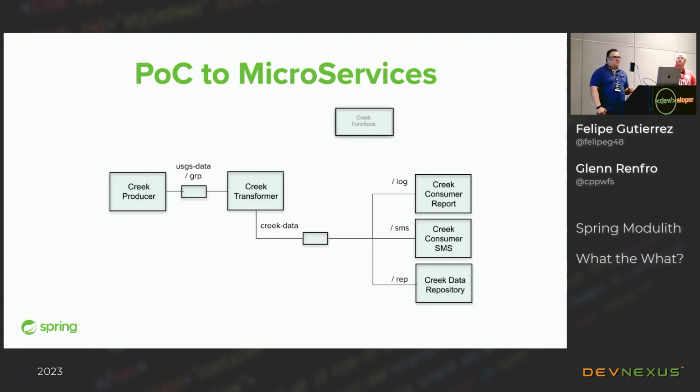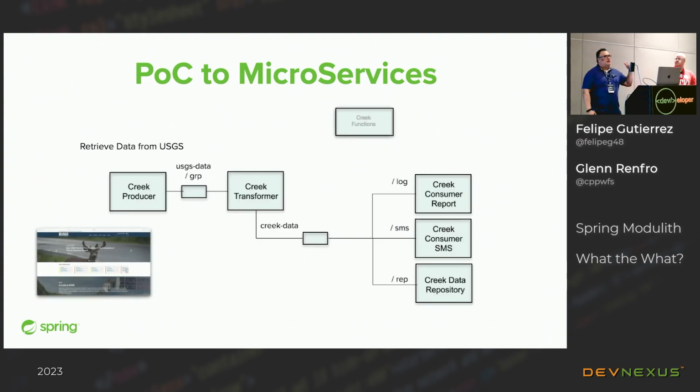solution? So the first thing, of course, is retrieving the data from the USGS. Then, of course, that transformation function is going to become its own microservice. And then, of course, we are going to calculate if the stream is okay. Now we're going to write that into the console. So practically it's the same thing. What I did was just split that into separate microservices.